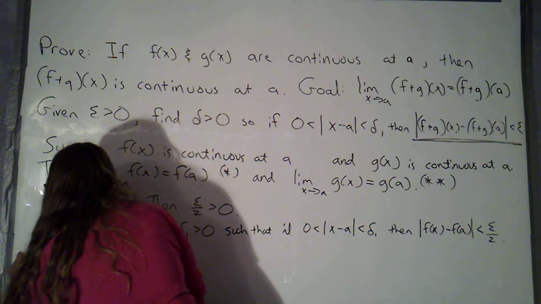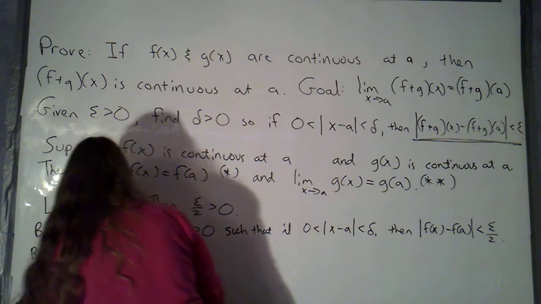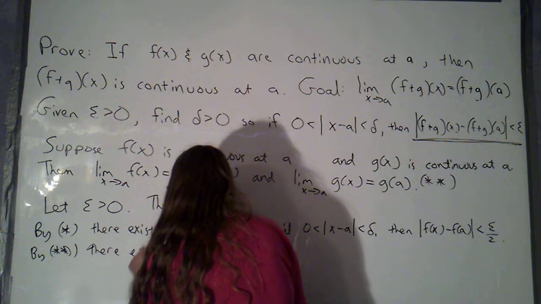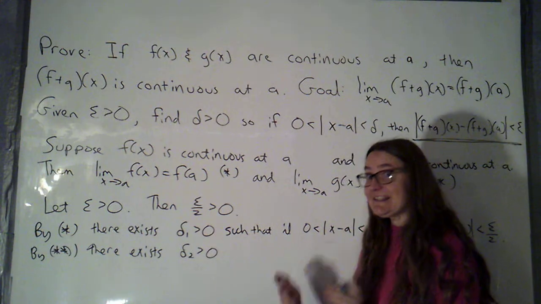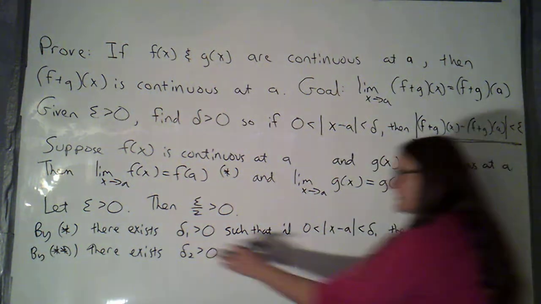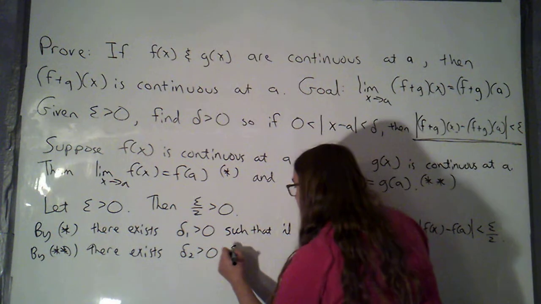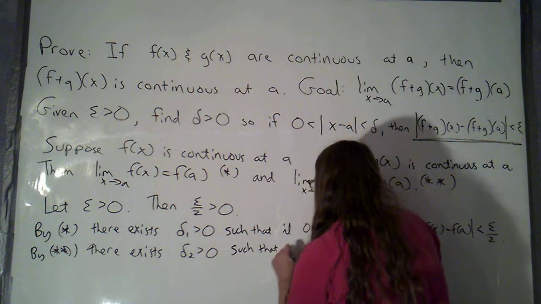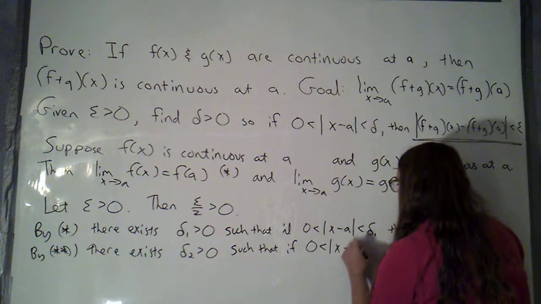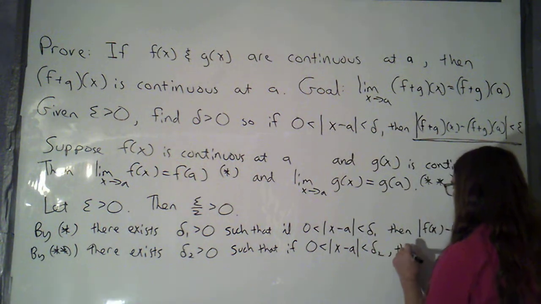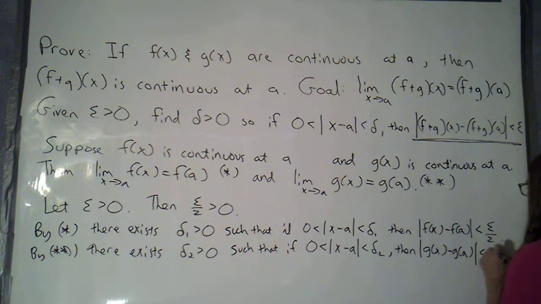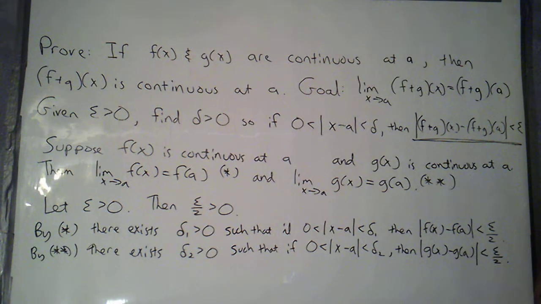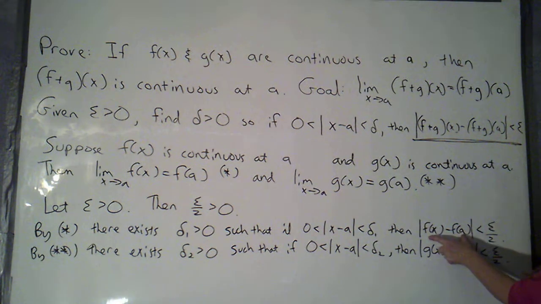Similarly, by double star, there exists a delta 2 bigger than 0. I don't want to assume that it's the same number for f and g, but there's some standard of closeness for my x values that works for g. So this would be such that if 0 is less than the absolute value of x minus a is less than delta 2, then the absolute value of g of x minus g of a will be less than epsilon over 2. Excellent. So I have two different, potentially different numbers, one of which controls the size of this thing,